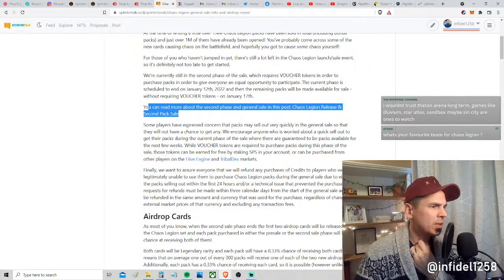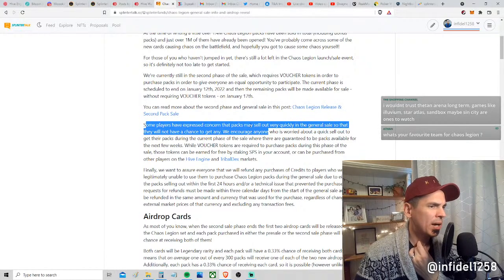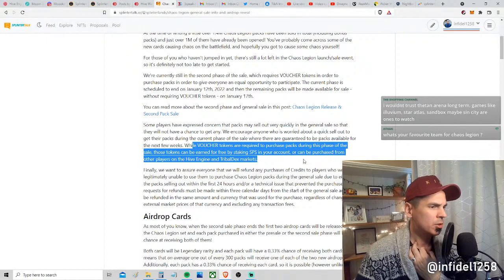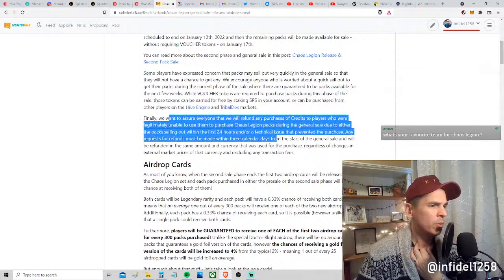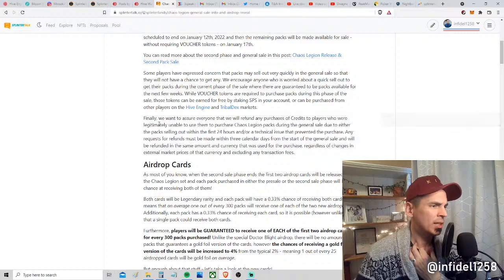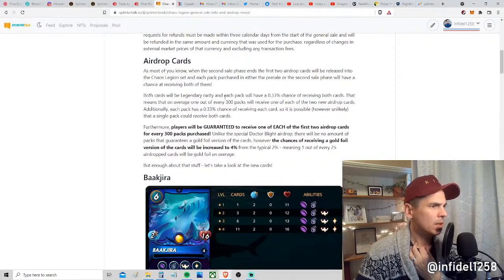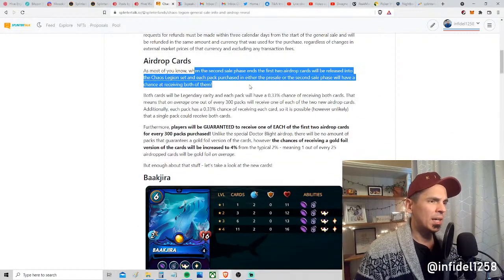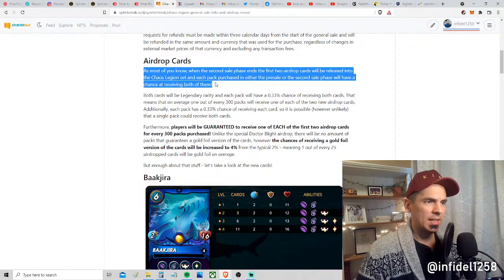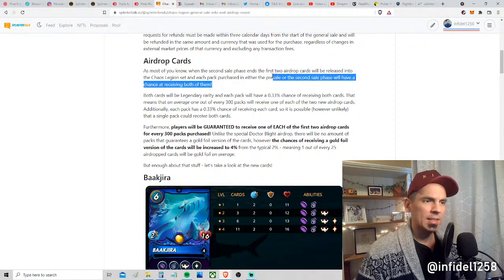Some players have expressed a concern that the packs will sell out very quickly in the general sale, so they will not have a chance to get any. We encourage anyone who's worried to get vouchers. Finally, we want to assure everyone that we will refund any purchase of credits to players who were legitimately unable to use them. As most of you know, when the second phase ends, the first 2 airdrop cards will be released into the Chaos Legion set, and each pack purchased in either the pre-sale or the second sale phase will have the chance of receiving both of them.